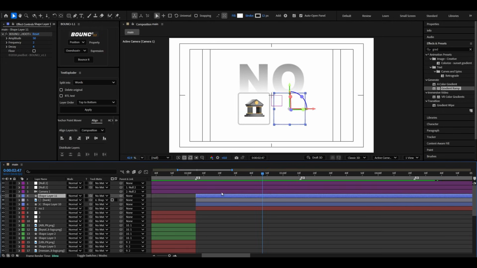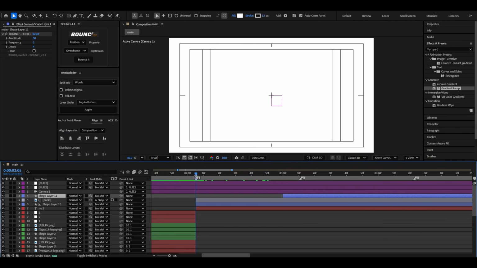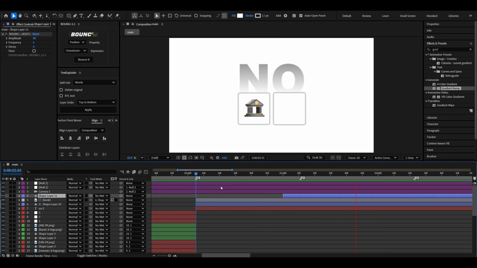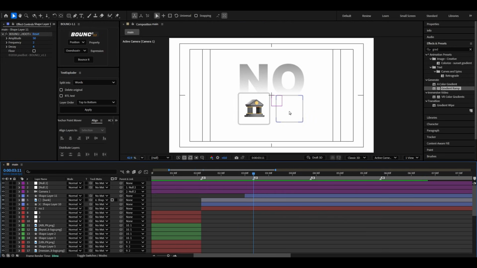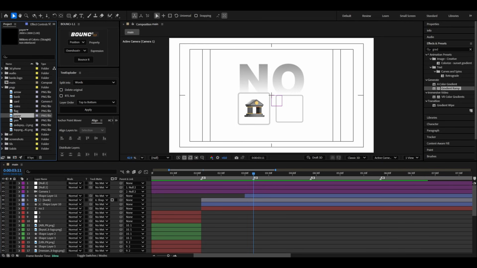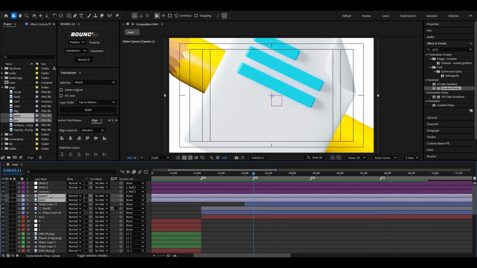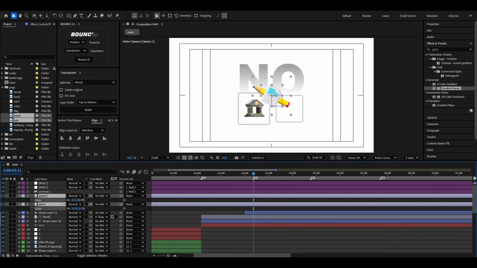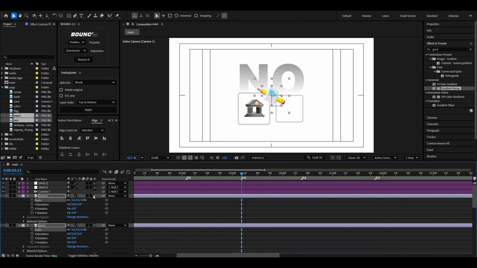Okay, select the next one. Place it here. Okay, again we will add the assets for this shape. Simply go to project, drag and drop the paper, scale them, turn on 3D,